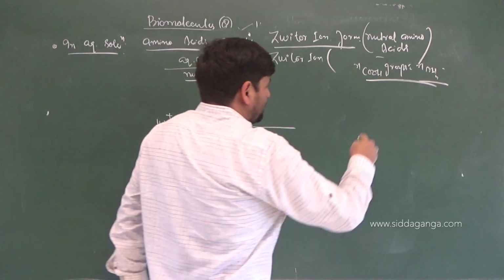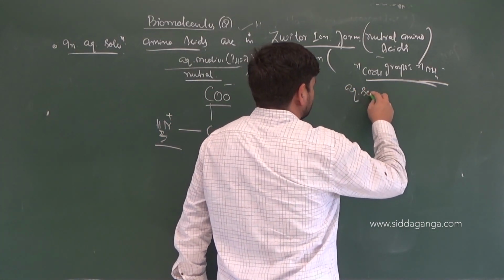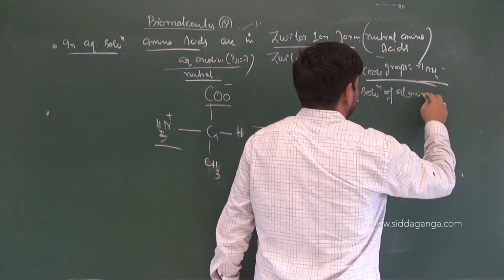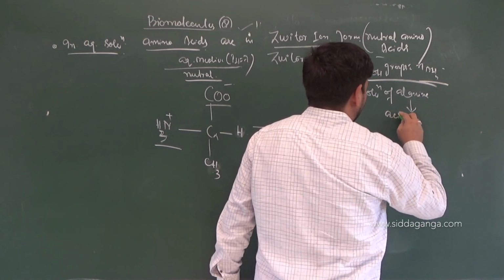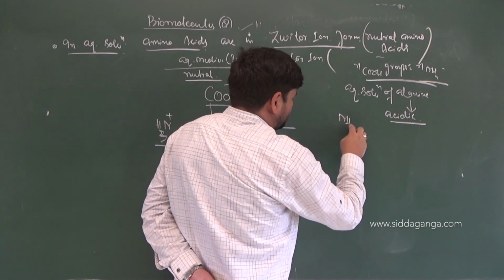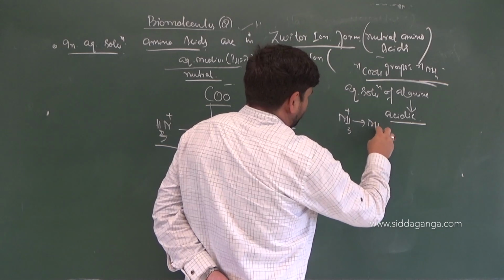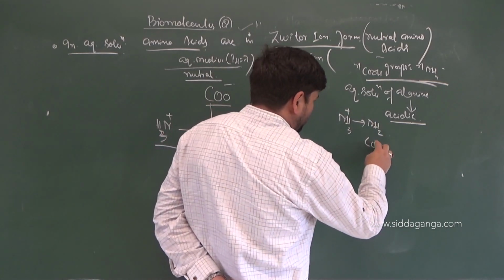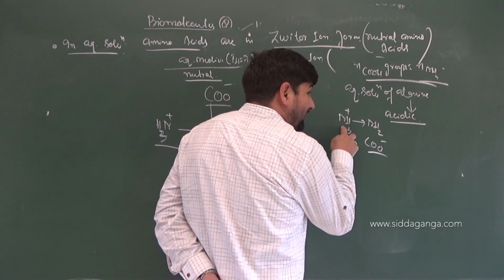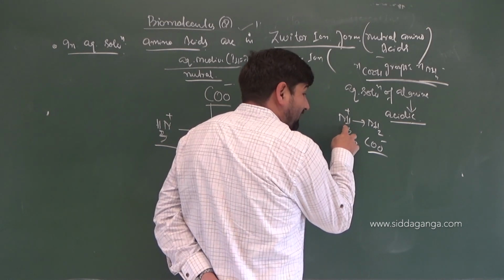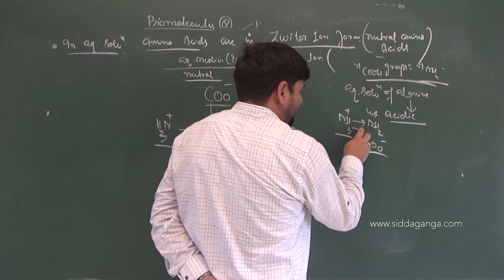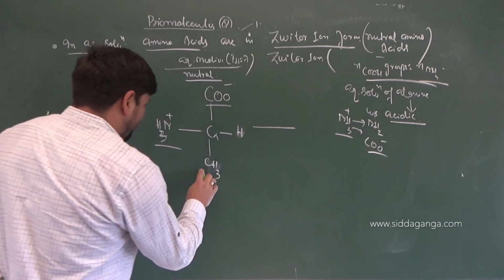But remember, the aqueous solution of alanine is always acidic, and you can understand why. You are getting NH3 plus from NH2, and you have already got COO minus. Now NH3 plus is a stronger acid because it comes from a weak base. So NH3 plus is a stronger acid, so it will be releasing H plus ions quite easily, and we will have